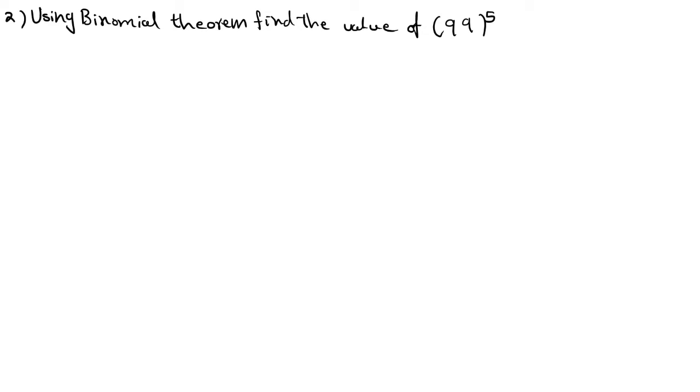See the second question, you need to find the value of 99 to the power 5. Here 99 to the power 5 is there. You can write it as 100 minus 1 to the power 5. 99 equal to, we know, 98 plus 1 also, or 97 plus 2 also equal to 99. But while expanding, you will get 98 to the power 2, 98 to the power 3, 98 to the power 4, likewise. It's a little difficult to add the values, so we know it's easy to take powers of 100, right?